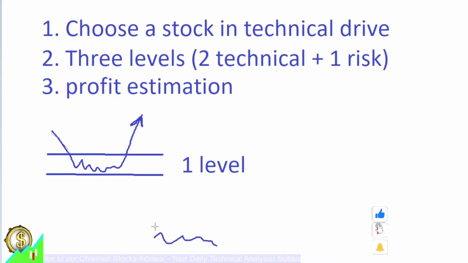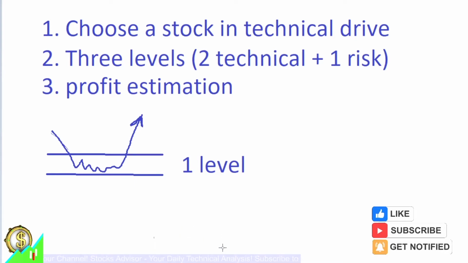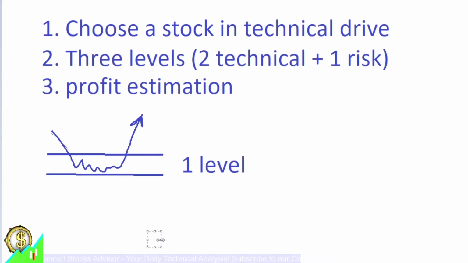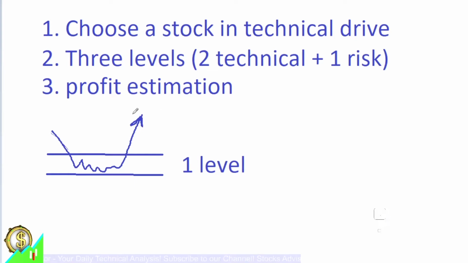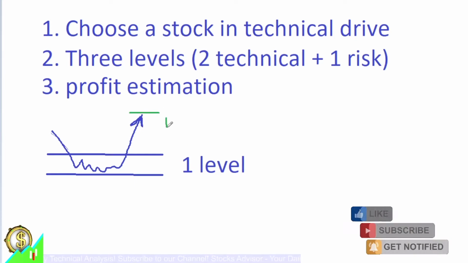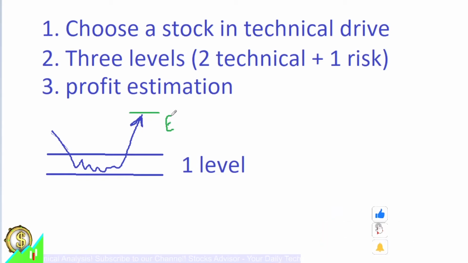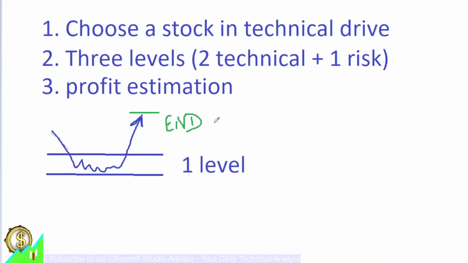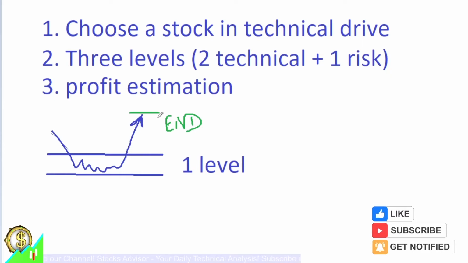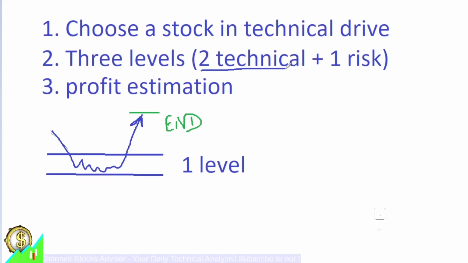That's why it's always important to see if the profit estimation played. What does it mean? It means that if we went up to the level where we can take the profit, either from the first level or other levels, it's the end of discussion. It's the end of analysis. Then you need another one if you want to apply it. Let's talk about the second level, because we had two technical levels.